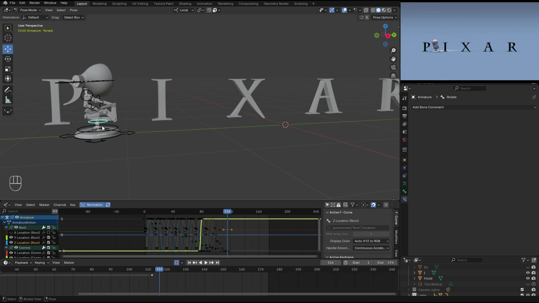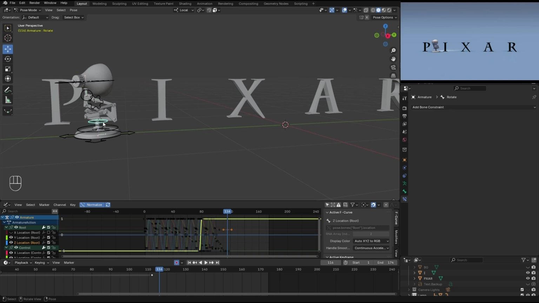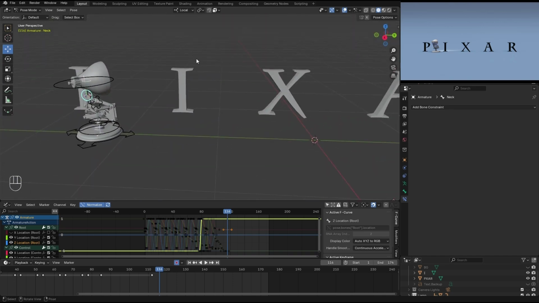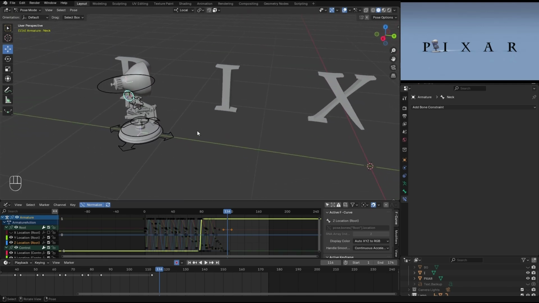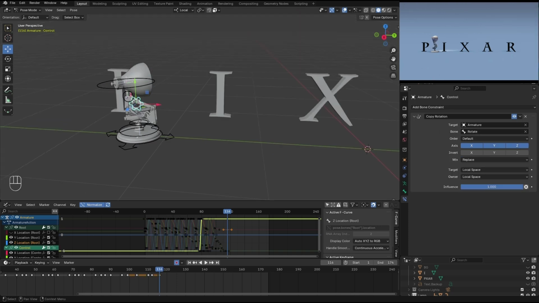I mentioned before I might add a lock track constraint to this rotation bone and maybe this neck thingy, but actually I changed my mind. We're gonna get in trouble when it jumps over the eye, so let's not do that. We need this lock track constraint still active when it rotates towards the eye. So let's give it a 12. So this goes